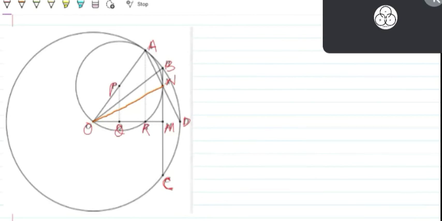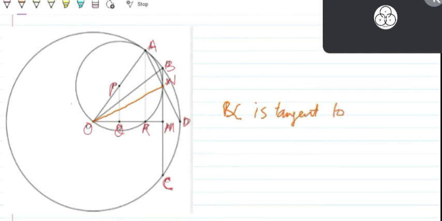Just look at this, ON. Yes, ON. Let me consider that ON is the perpendicular. Let me prove that angle ANO is 90 degrees. If angle ANO is 90 degrees, we can prove that BC is tangent